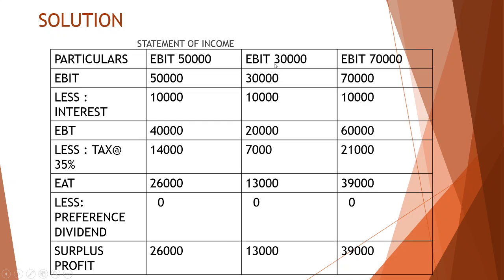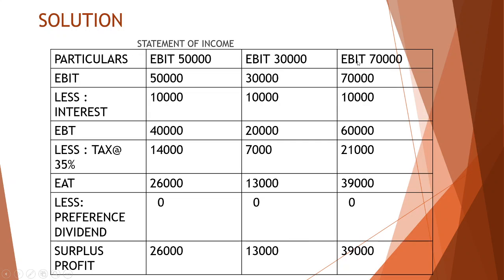Now we'll come to the second situation. EBIT is 30,000. Then interest remains the same, 10,000. EBT, earnings before tax, is 20,000. Tax is 35% on this 20,000 rupees, that is 7,000. Earnings after tax is 13,000. Since there is no preference dividend, earnings after tax itself is the surplus profit or the earnings available to equity